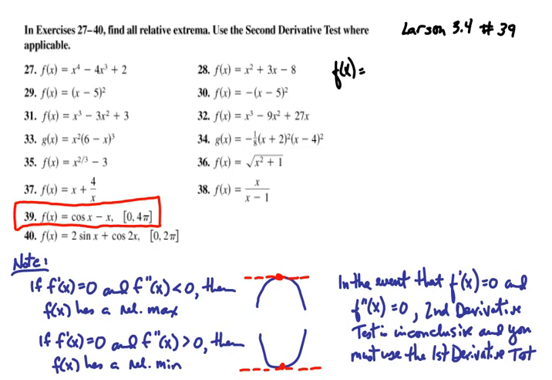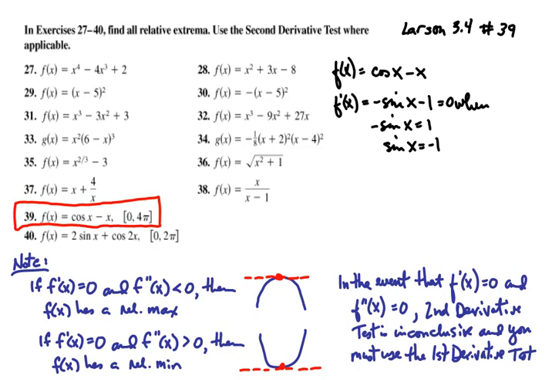If the function is cosine x minus x, then the first derivative is going to be negative sine x minus 1. And that will equal 0 when negative sine x is equal to 1, or sine x is equal to negative 1. Now sine x is equal to negative 1 at 3 pi over 2 and at 7 pi over 2. So to do the second derivative test, what we would need to do,